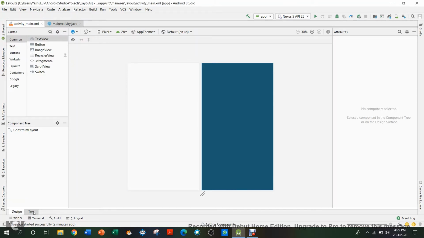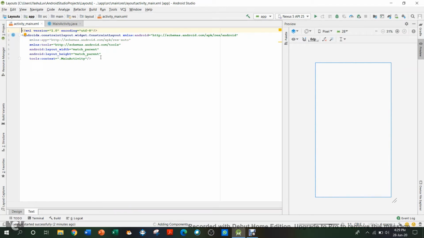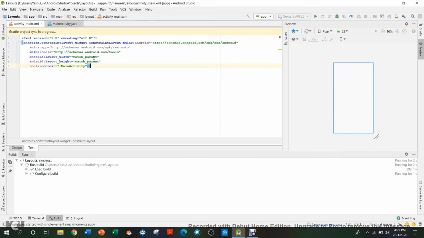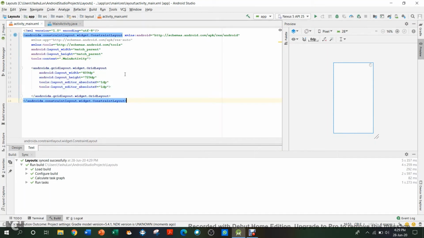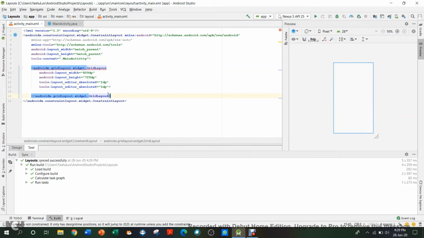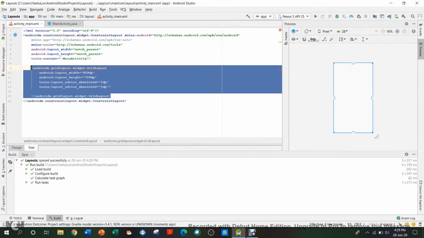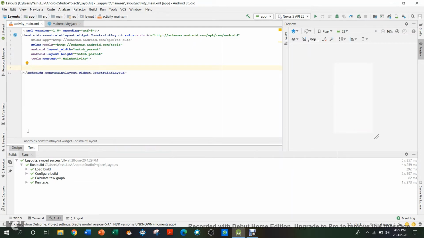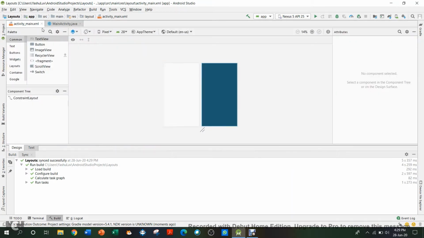Okay, so it usually doesn't work that way, so you usually have to go over here. Okay, so it's syncing for a minute. Yeah, it has synced because grid layouts need these. So this is not exactly the way to insert them, so you have to go to design, grid layout.